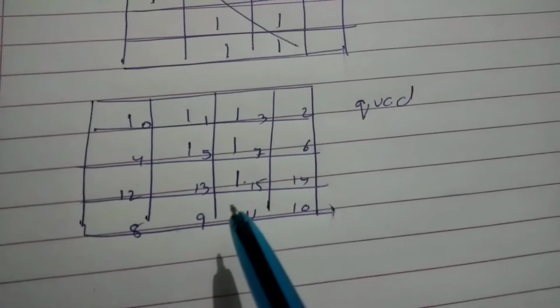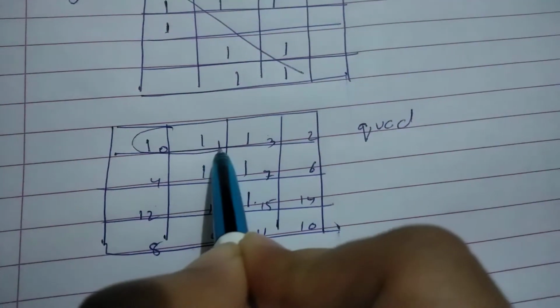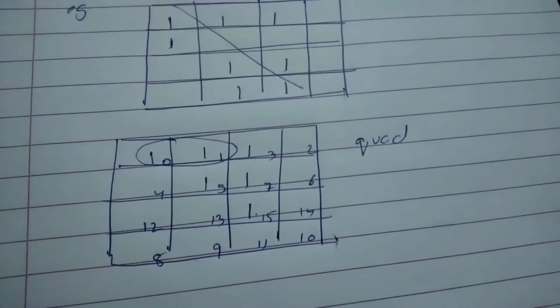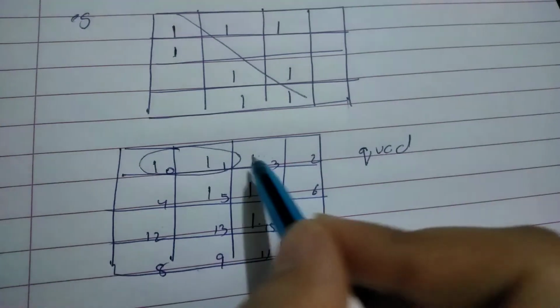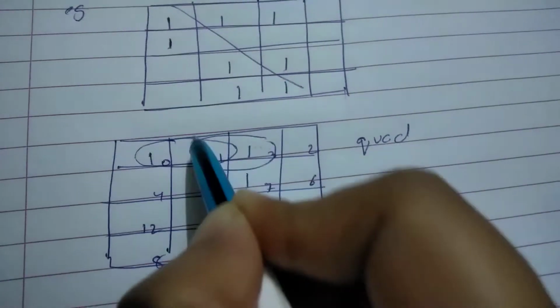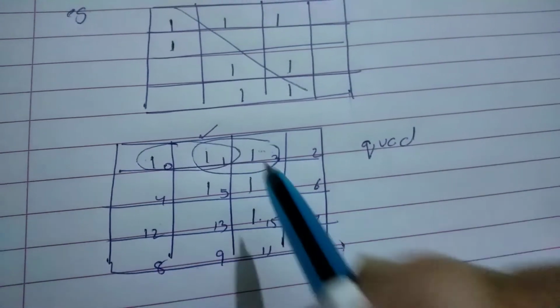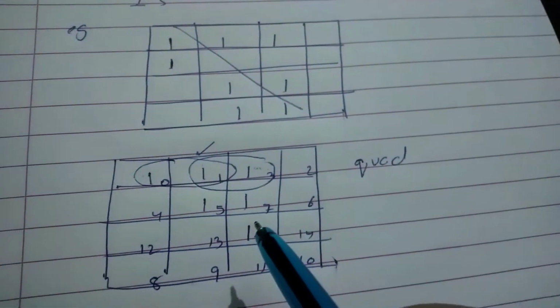Okay, now what you mean by sharing ones is that I have formed a pair by combining these two. Now this one is left. So what I'm going to do over here is that this one can be shared by this one. That means this one is being shared here also and being shared here also. Okay, then